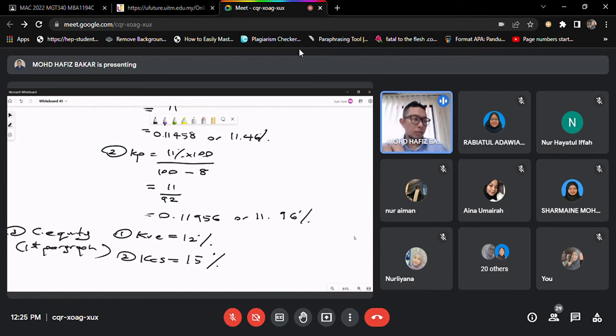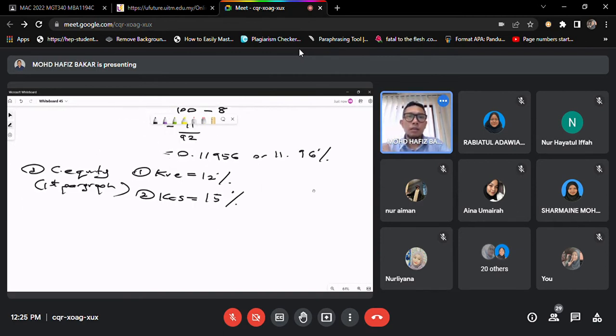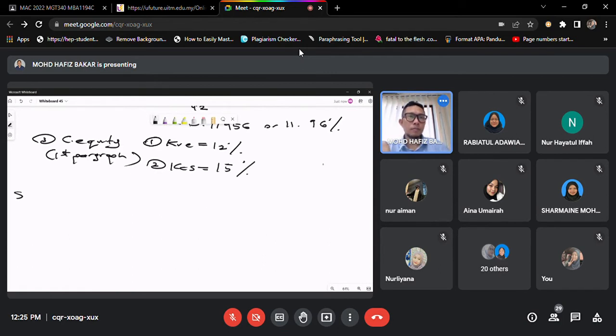If they don't provide you this cost, then you need to calculate. For example, if they give you the growth rate and expected dividend, you need to calculate to find the KCS first, and then after that you find the cost of retained earnings. Here they provide it, so we just extract the information. Step number 1. Step number 2,